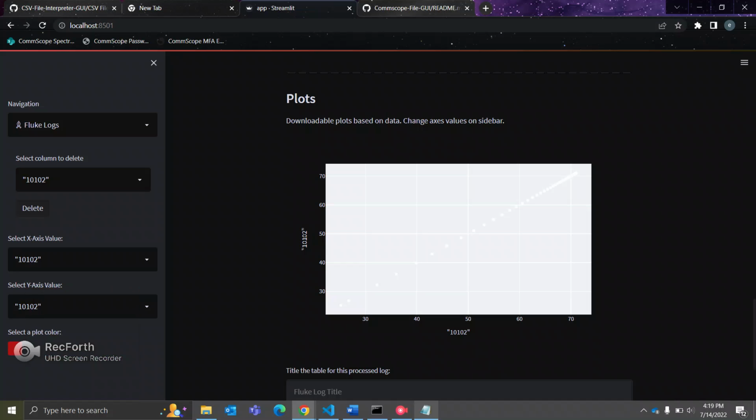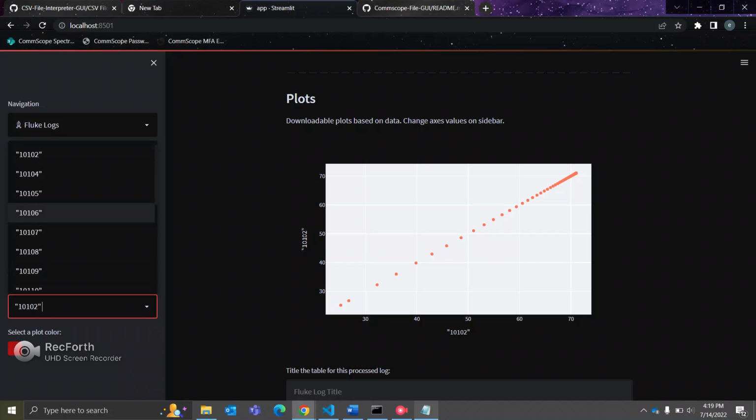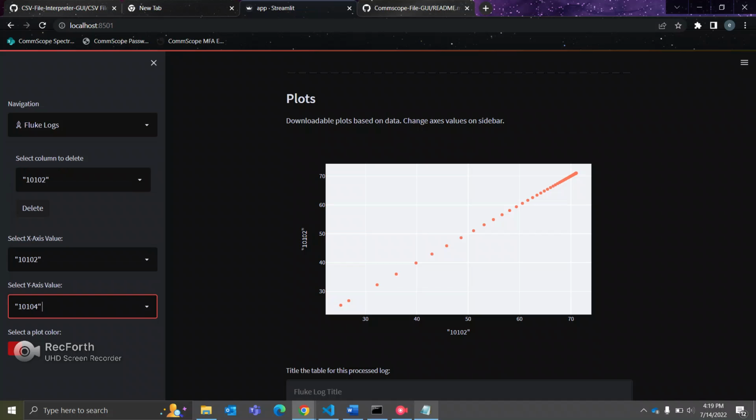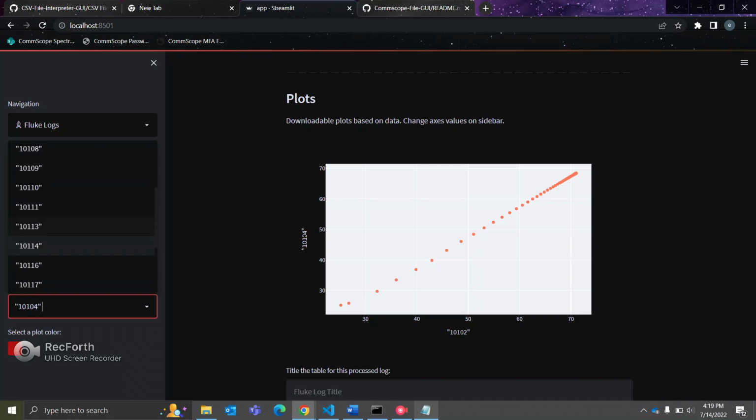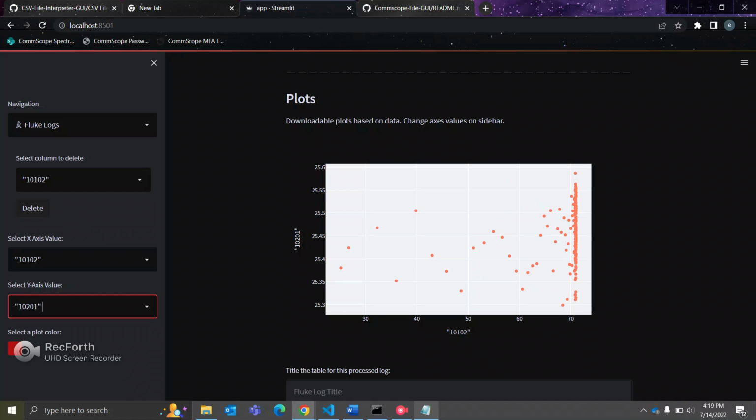Same concept applies to using the graph. So let's say we graphed channel 10102 and 10104. Let's choose another one. Okay, this seems more scattered here, not in a linear fashion. This doesn't seem like it has a line of best fit, so maybe there could be some errors, or maybe not, based off of what the engineer